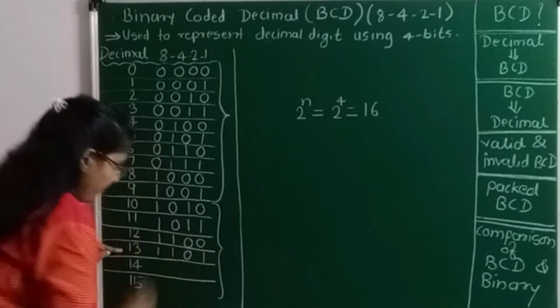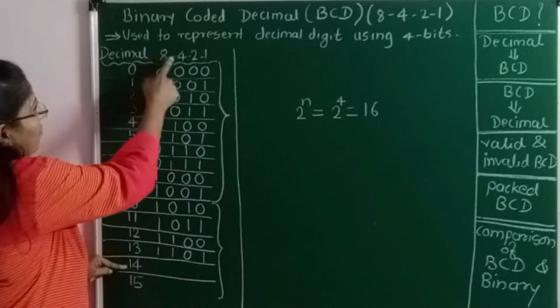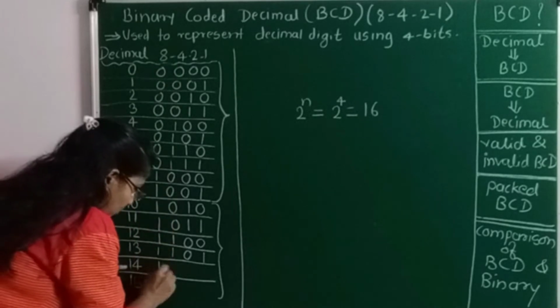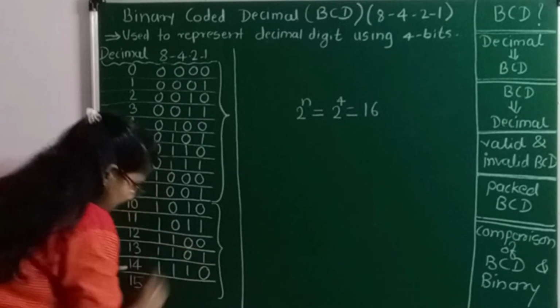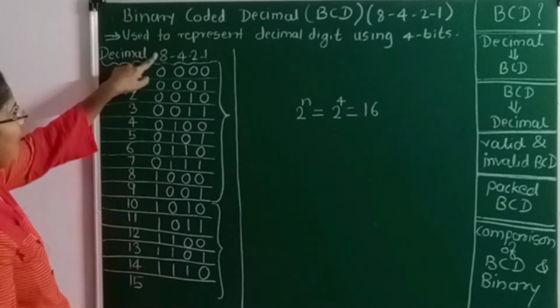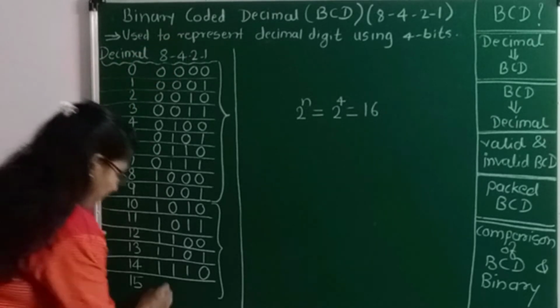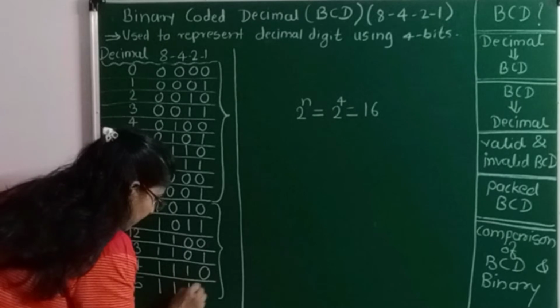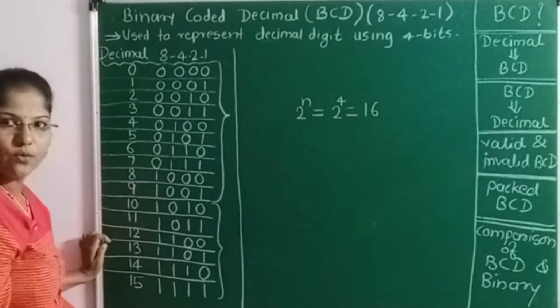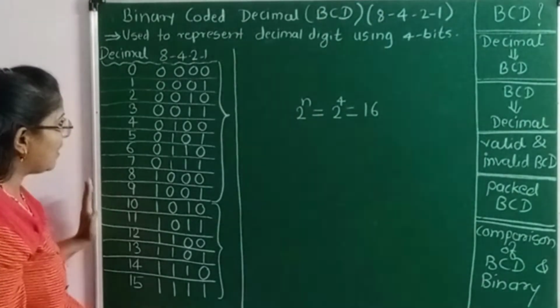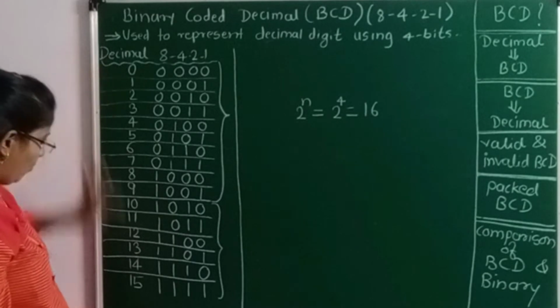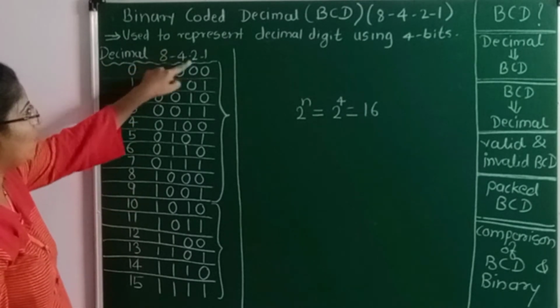And here write 0. 14. 8 plus 4, 12. 12 plus 2, 14. So triple 1, single 0. And for the 15, 8 plus 4, 12. 12 plus 2, 14. 14 plus 1, 15. So all the weighted values we have to select. So write 4 times 1. So actually this is how we can write the numbers 0 to 15 by using the 8, 4, 2, 1